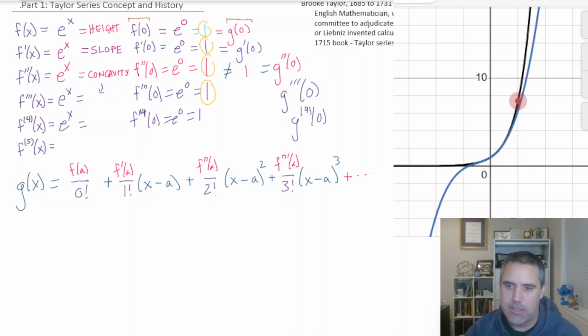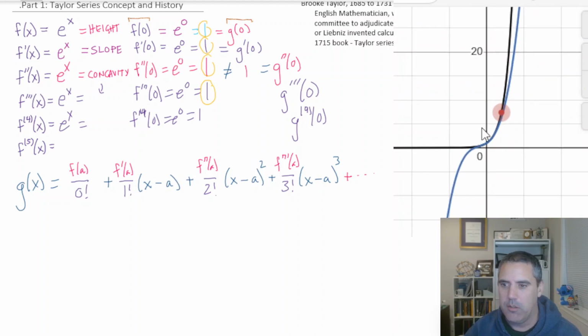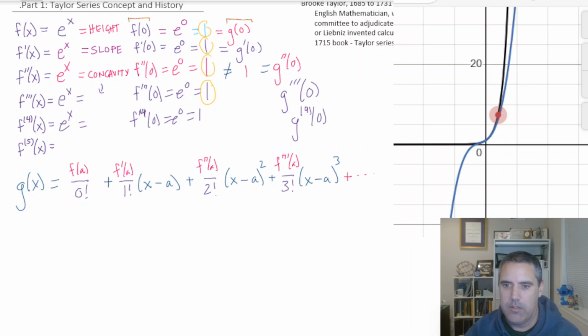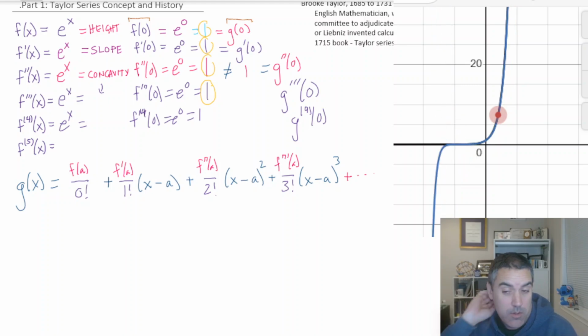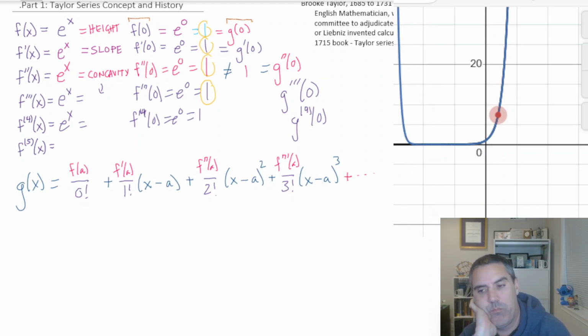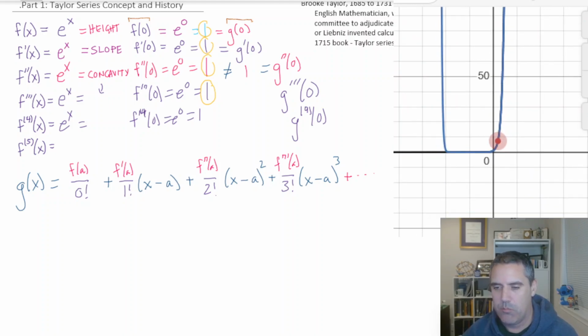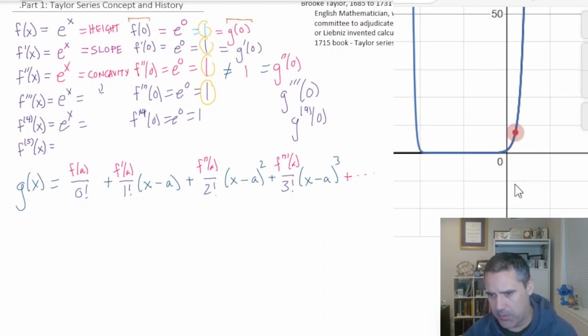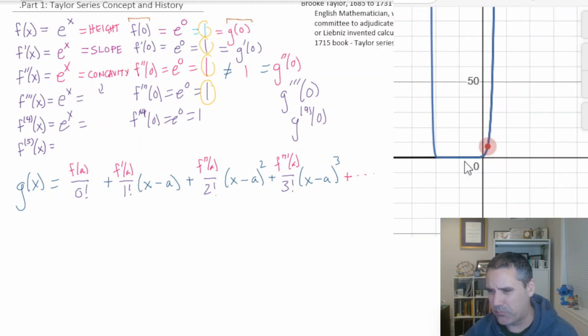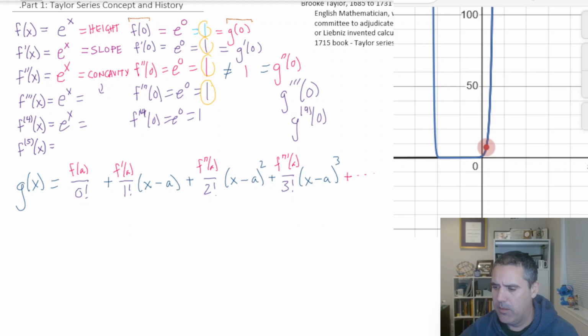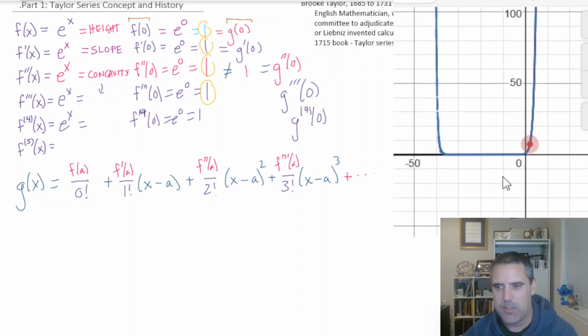So let's keep going. Let's zoom out a little bit. And here we go. It just keeps hugging it. So it gives you a really good approximation really far. That's the 50th Taylor polynomial. So if you were approximating the graph out to like -20, it's going to be really accurate. And it's important we say these things in the right order. It's a good approximation, but it's sometimes going to take a while before it gets good. There's the 100th Taylor polynomial